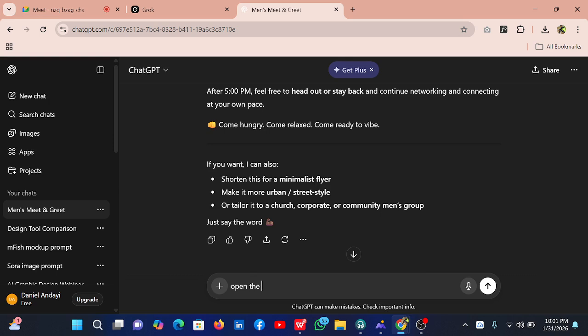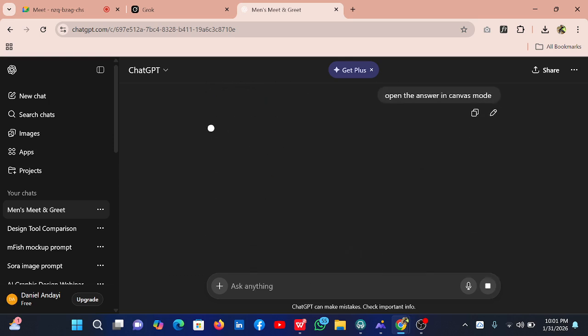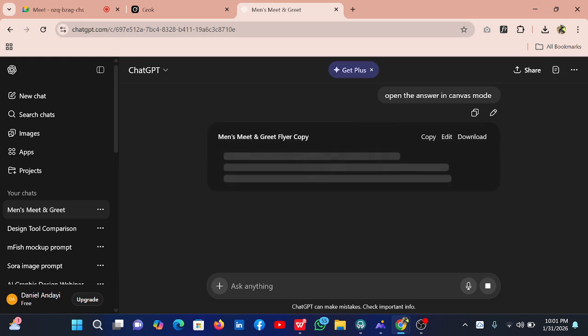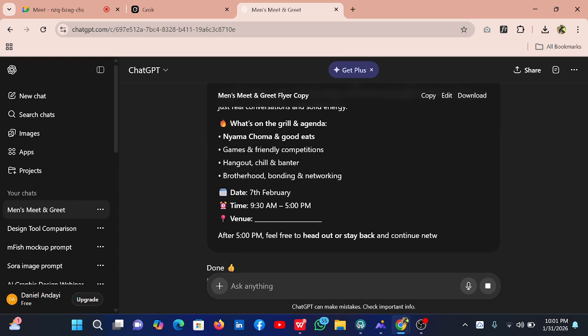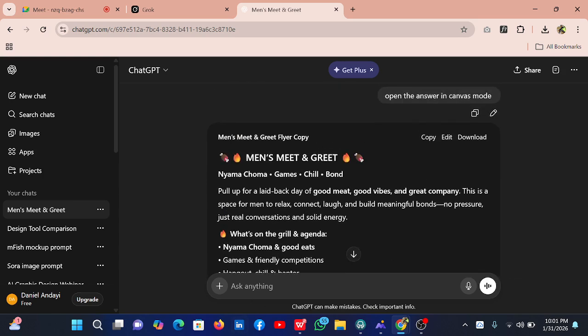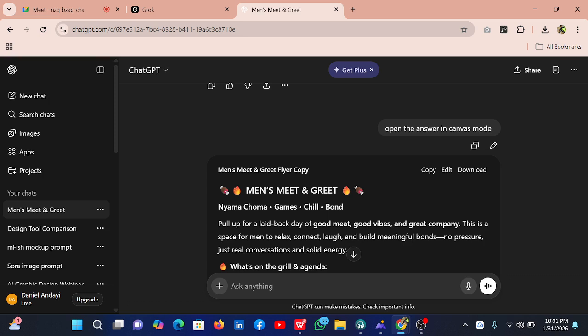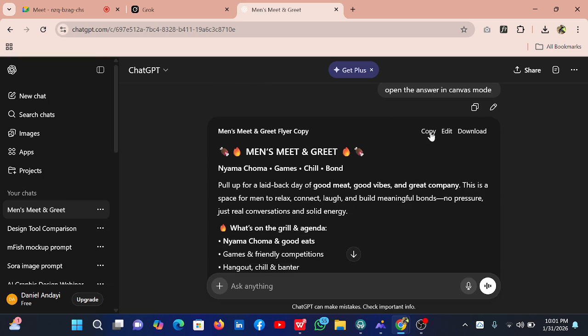Open the answer in canvas mode. Even for ChatGPT legends, I know canvas mode is a bit new to you. So when you open it in canvas mode, it allows you to copy, to edit, or to download.